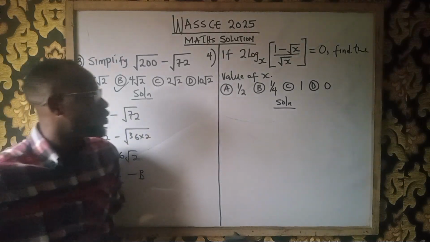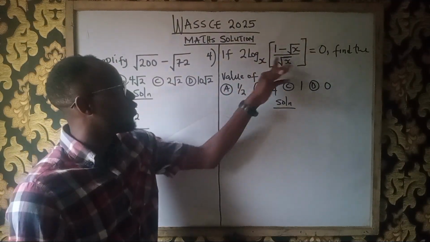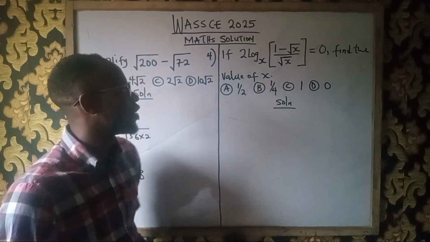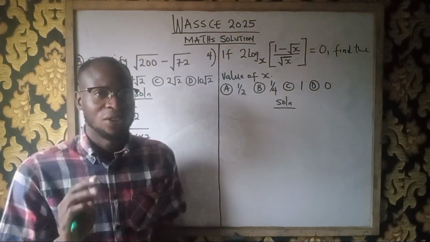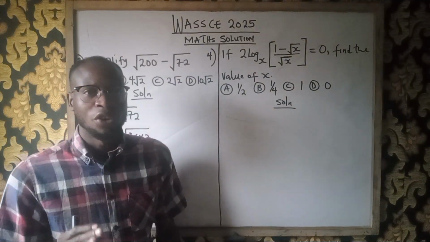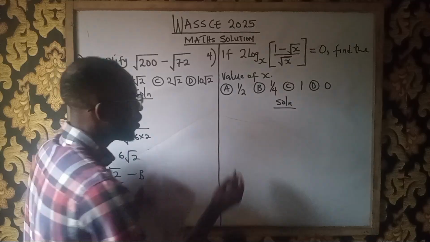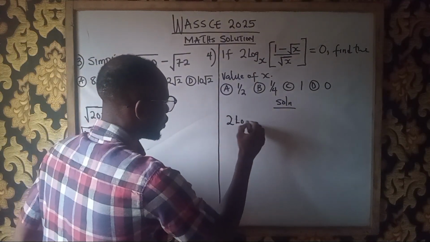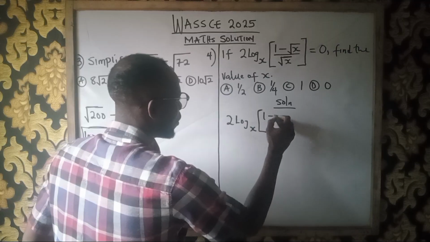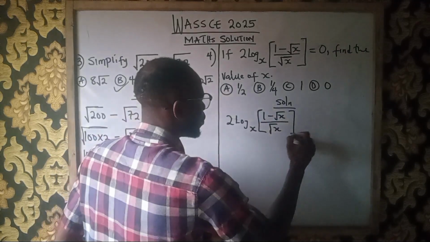Okay, let's go over to the next one. We are told that if 2 log of this one in base x equals 0, find the value of x. Now this is a very logical question, so you have to pay attention, because if you don't solve it logically, you waste your time. Okay, so this is what you do. We have 2 log in base x, open bracket, 1 minus root x all over root x, close the bracket,